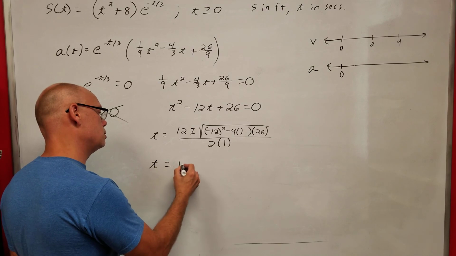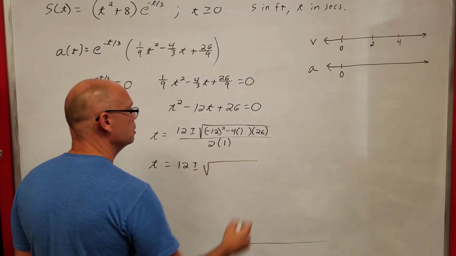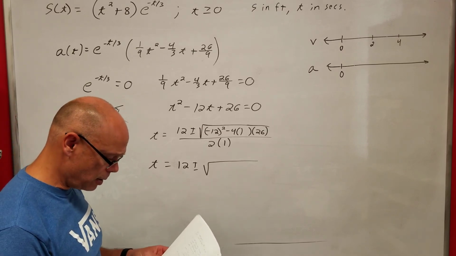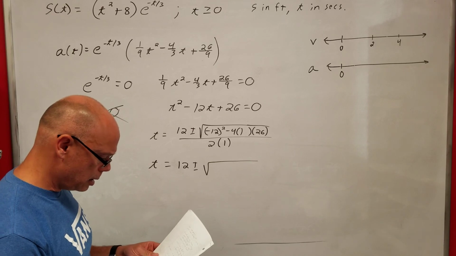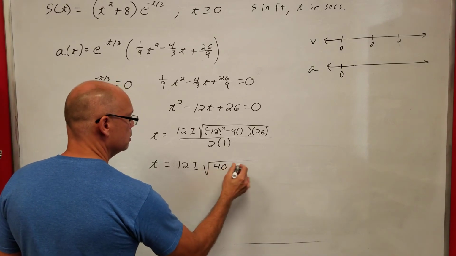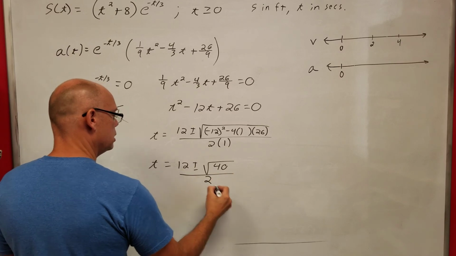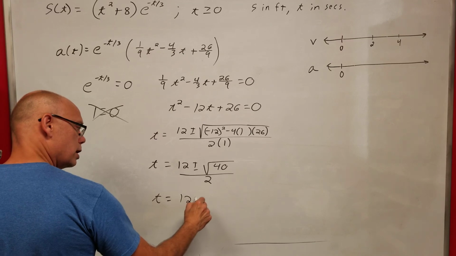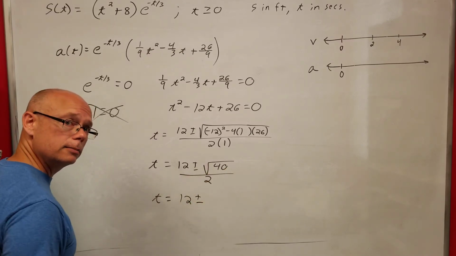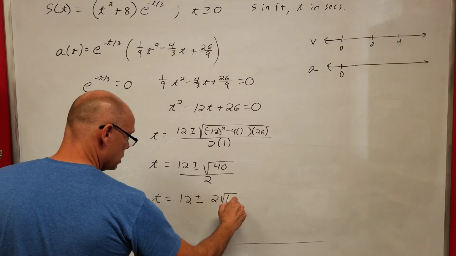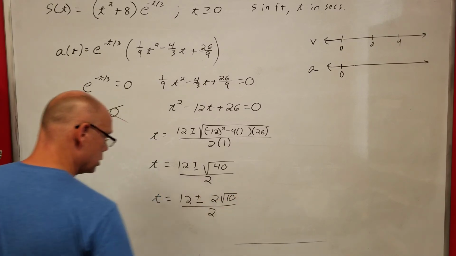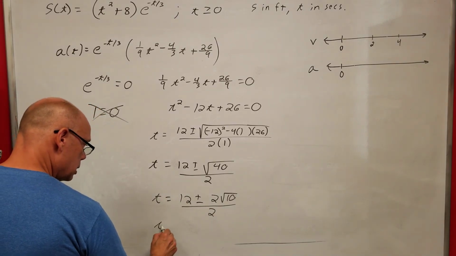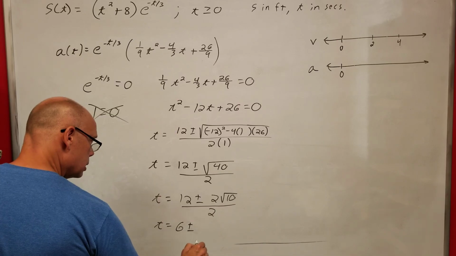Alright, so t is equal to 12 plus or minus the square root of, let me just see what all that is because I don't have room to keep writing out every single step right here. I got like 40 under my radical. All over 2. Now I can break this up. I can say t is equal to 12 plus or minus, isn't this 4 times 10? So that's 2 square roots of 10 over 2, right? Now if I divide all 3 of these numbers by 2, I get t is equal to 6 plus or minus the square